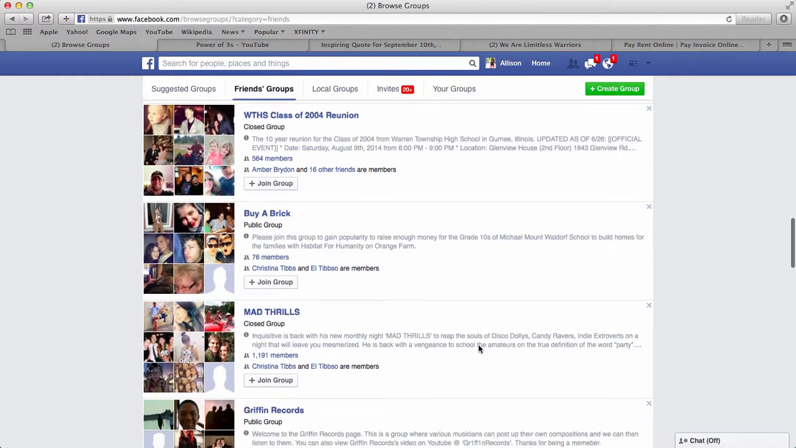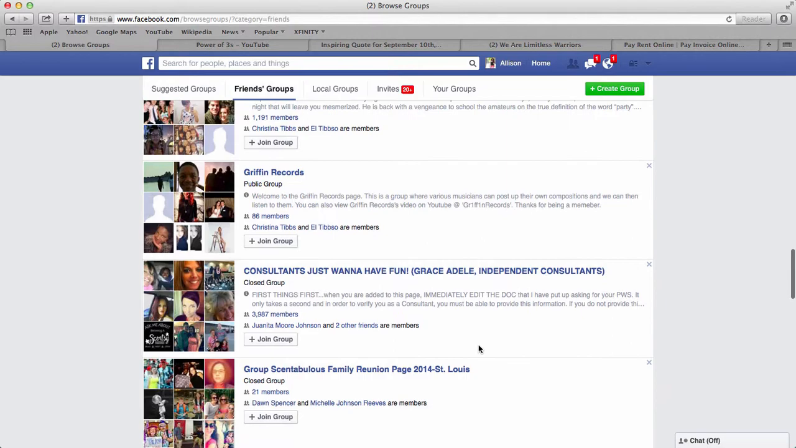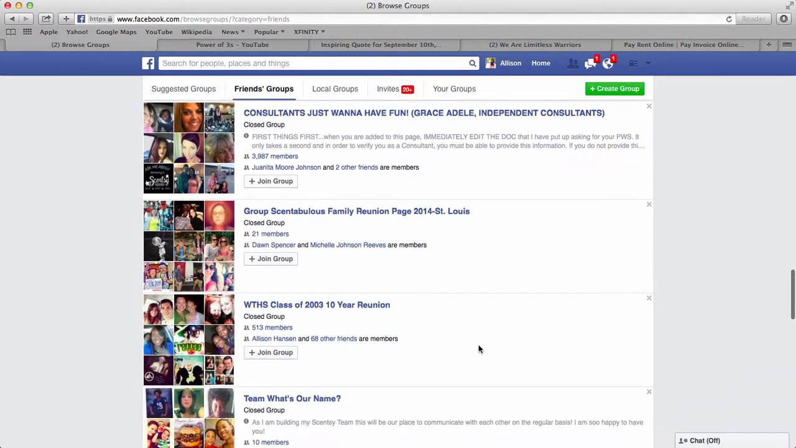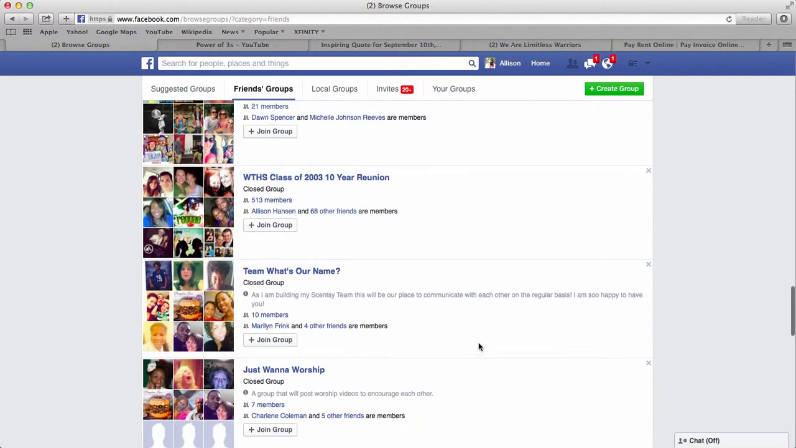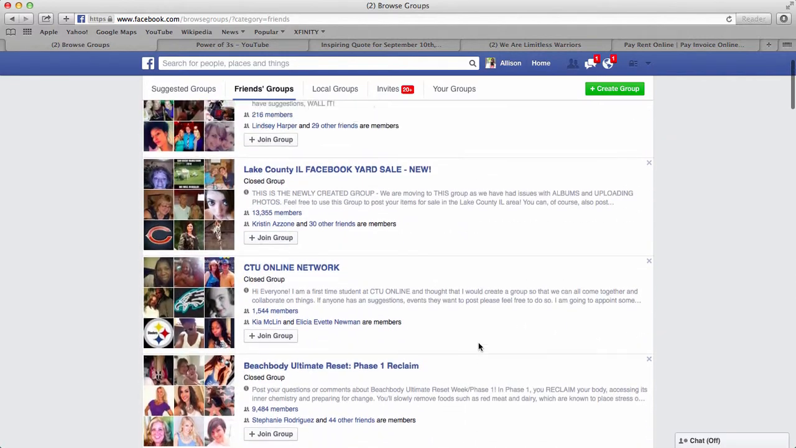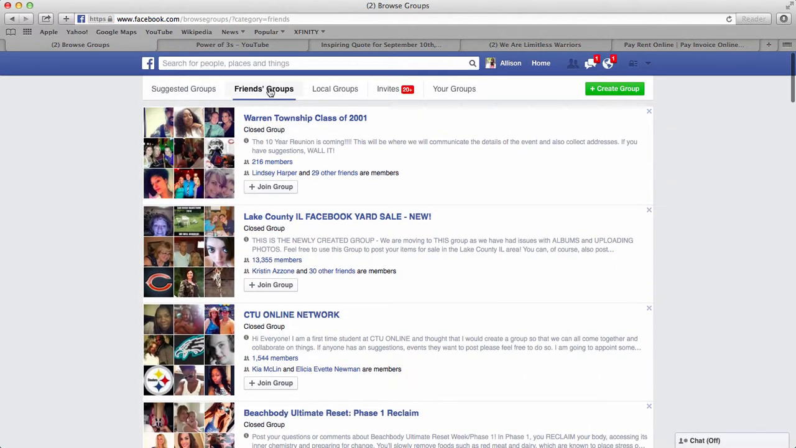So these are great ways for you to meet new people and to really get involved in certain groups. So that's one way, is to add the groups. So you have suggested groups, friends groups, and local groups. The next step